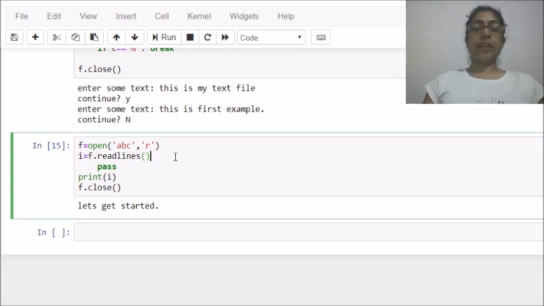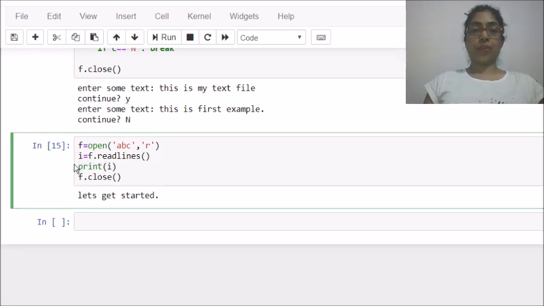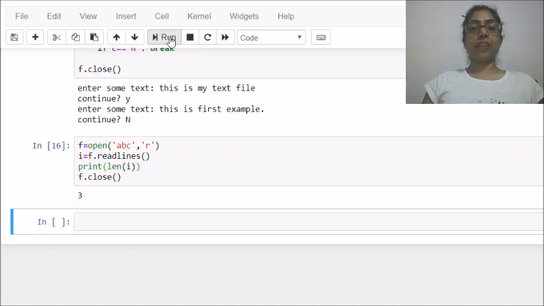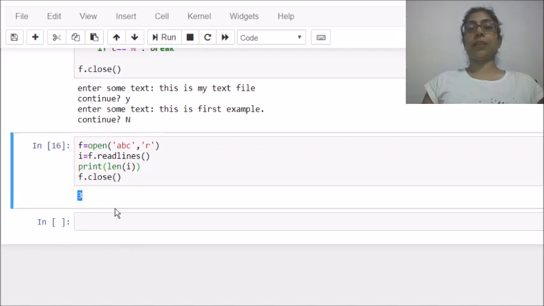This statement will create a list of lines and store it in l. That l will become my list. So I have to write only one statement inside print, the length of this list. The length of this list will give me the total number of lines in my file, that is 3.